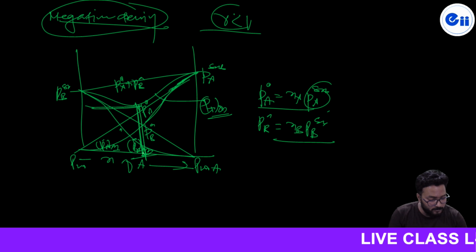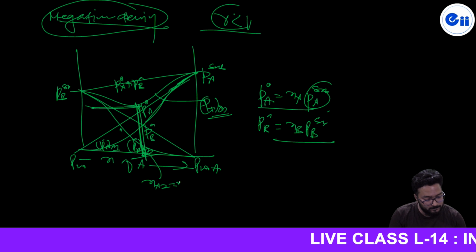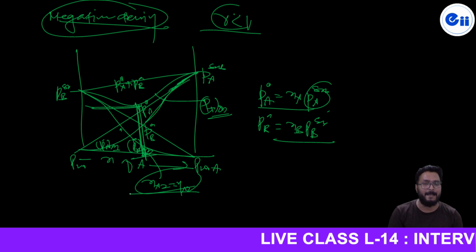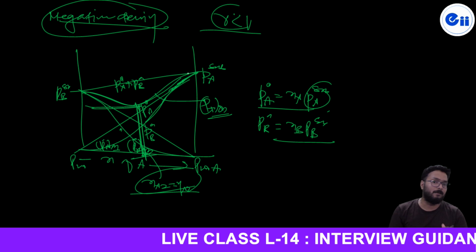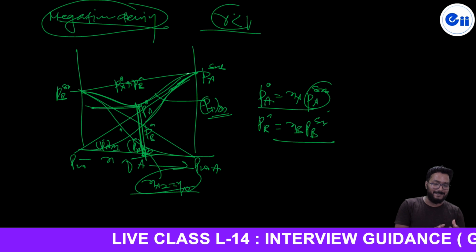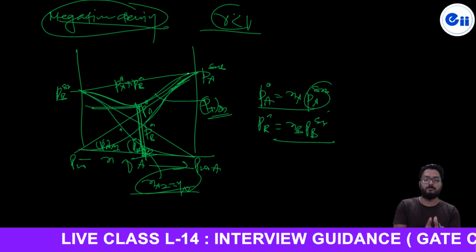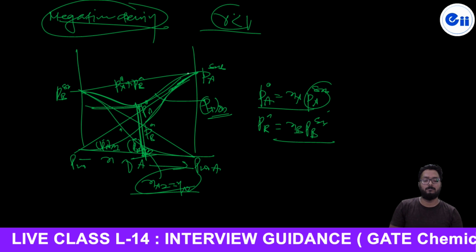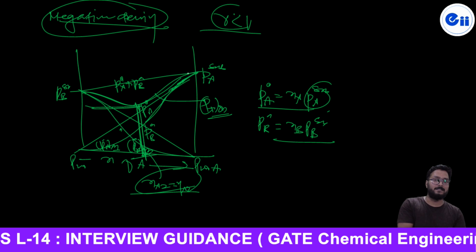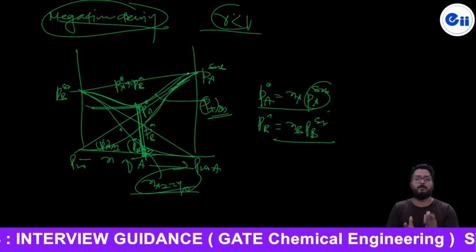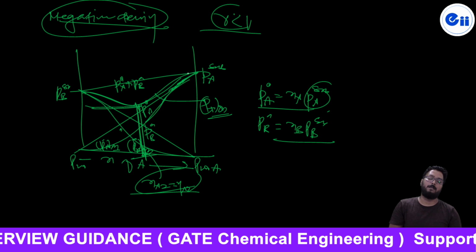So at this particular composition, x a z equals y a z, where x and y remain the same. So at some certain composition, the total vapor pressure is found to be minimum, and that's why the boiling point at that composition will be maximum. Are you getting? And that's why the negative deviation from ideality is going to indicate the maximum boiling azeotrope, which is less common and a most rare case.